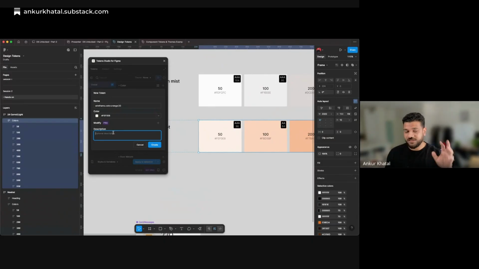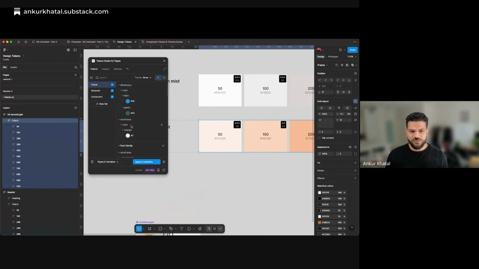Okay. I'm just creating it. You can add the description. It's good to have a description always. I'm just doing it quickly right now, just to speed up the process. Create. So you see wireframe color orange. Okay. You can see what happened here. It should have been added to this part of the layer, but